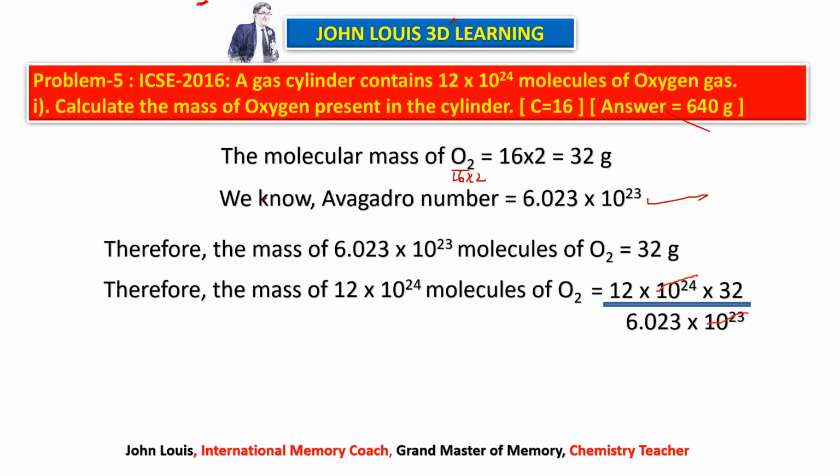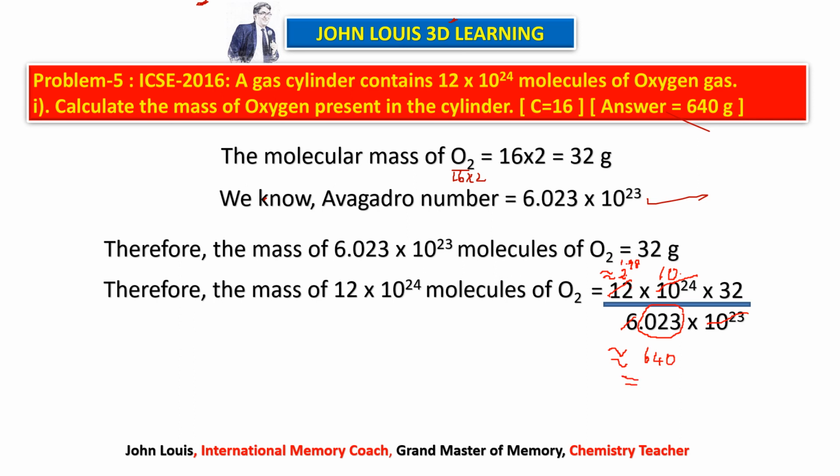Let me take the pointer, some ink color. Let me take red color. Here, what is this? It is 10 to the power 24. This is 10 to the power 23. If you simplify this one, you will get 10 to the power 1, that is 10. Now 12 divided by 6.023. For the time being, approximately you can leave out the 0.023. If you do this calculation, this is approximately equal to 2. It may be around 1.98 like that. But because it is 6.023, more than 6, this will be less than 2. But approximately we are taking it as 2.